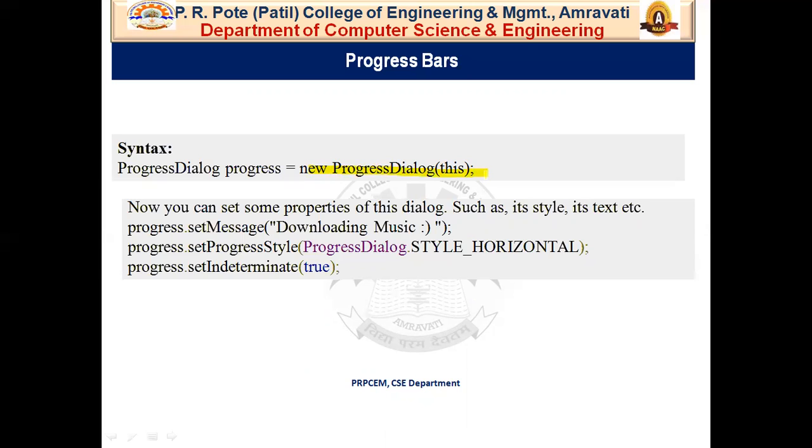Now you can set some properties of this dialog, such as its style, its text, etc. So progress.setMessage, the message that you want to show while downloading or processing, you can pass it here like this, for example, "Downloading music". progress.setProgressStyle with STYLE_HORIZONTAL means that we want our progress bar to be horizontal, and progress.setIndeterminate is true. We will see this portion in coding.